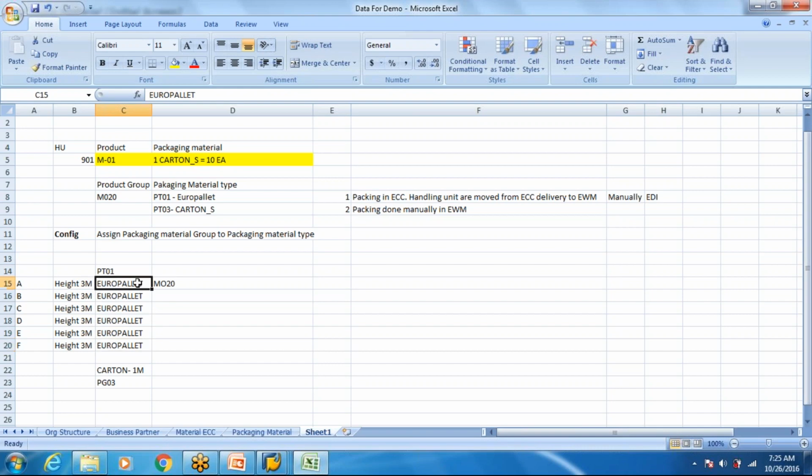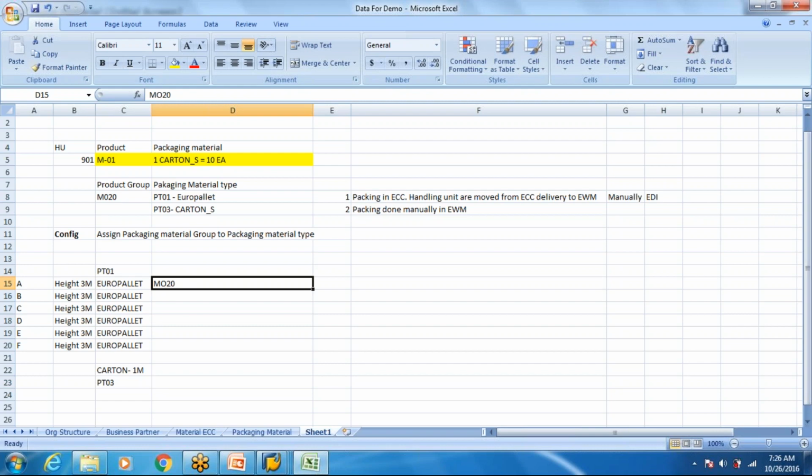So by doing this assignment, what we are ensuring is M020 will never be packed into PTO3 or PGO3, whatever it is, or a carton. So this assignment will ensure that nobody by mistake manually packs a material which is planned for a Euro pallet into a carton.